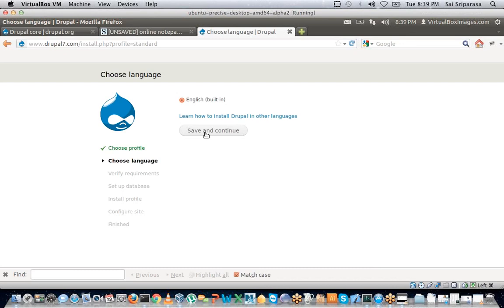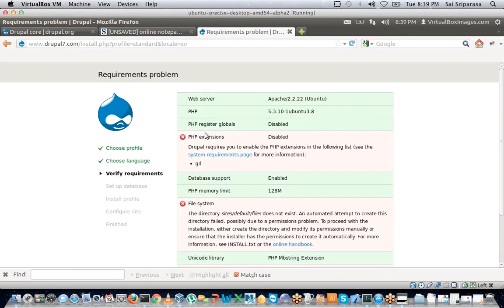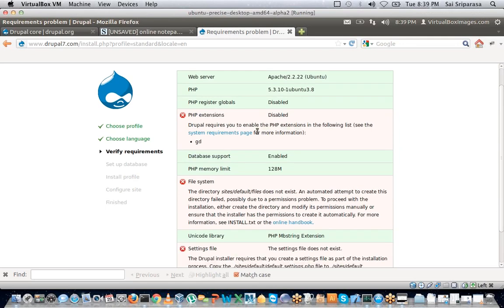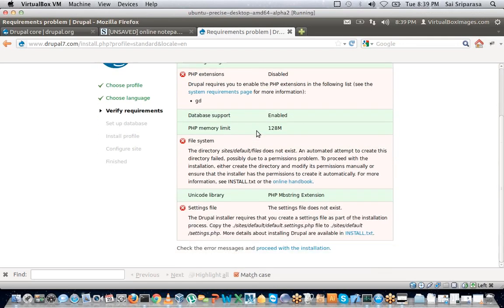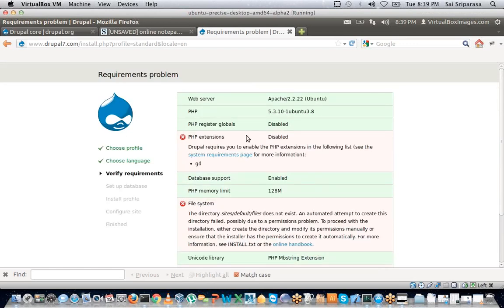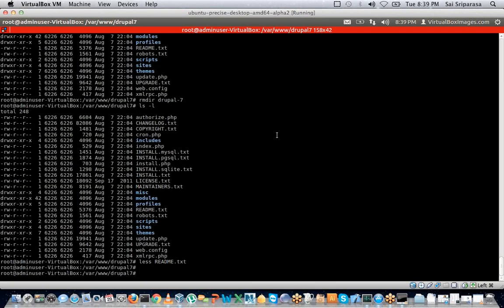It's a simple wizard. We'll have to build a database though, and in the meantime we'll also have to do a few other things. The first thing it says is that we'll have to install GD. GD is an image library. Let's see if this exists.